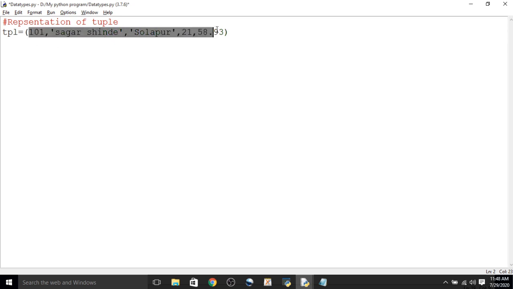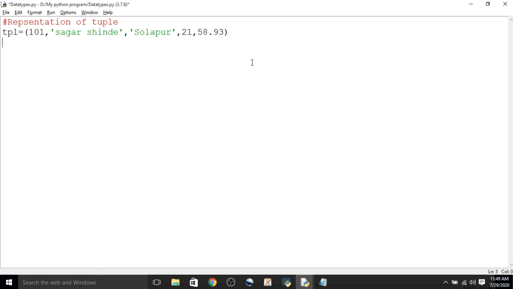So here we have taken a tuple that contains some elements. The first element is an integer, the second is a string containing two words, the third is the address, a string, the fourth is the age of the student, an integer, and the last one is the percentage of marks, a float. Some are strings, some are integers, some are floats.